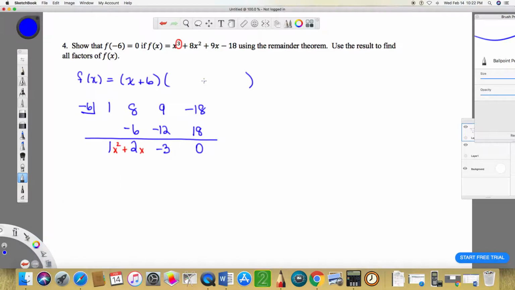Okay, so I've got x squared plus 2x minus 3. Well, I know the x method well enough that I can factor this. See, there was no x method to factor the original one. That's why I had to have a little bit of help knowing that f evaluated at -6 is equal to 0. Well, now I can take it from here and use